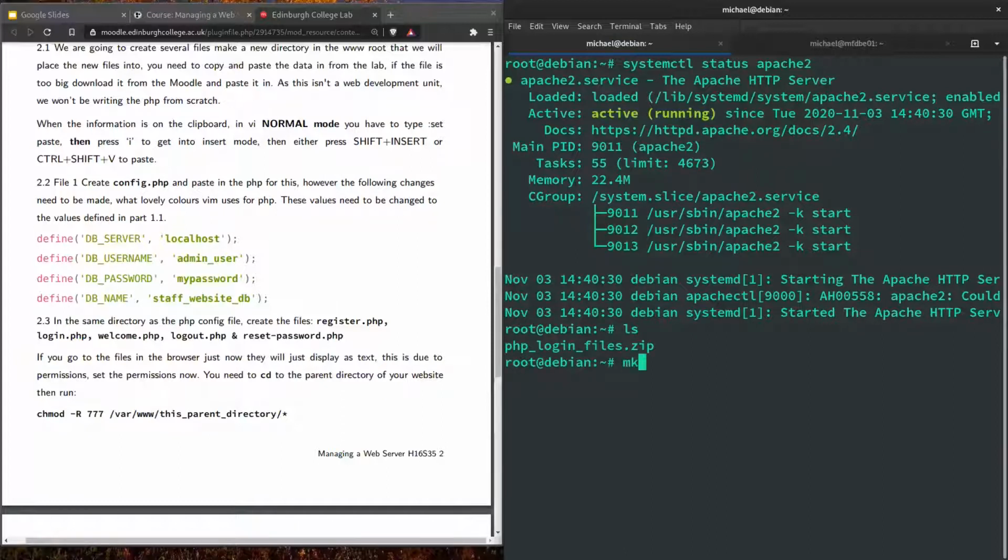So let's cd to /var/www/html. Okay. So in there we've got the default index page setting. Let's make a directory called staff. Okay, and let's cp these files here. So cp